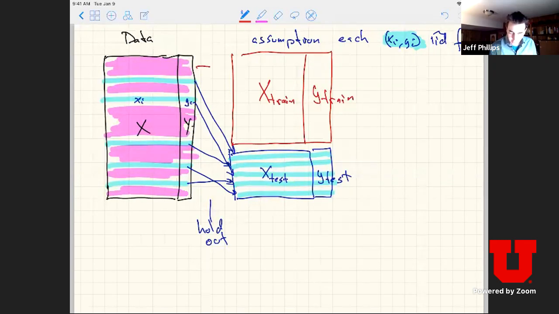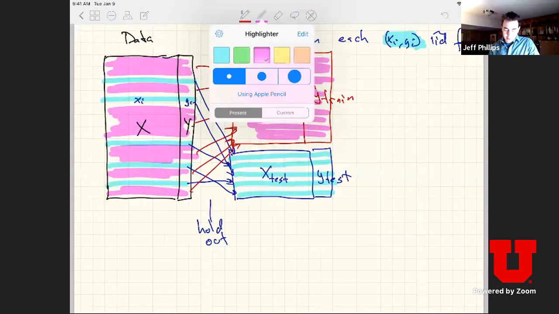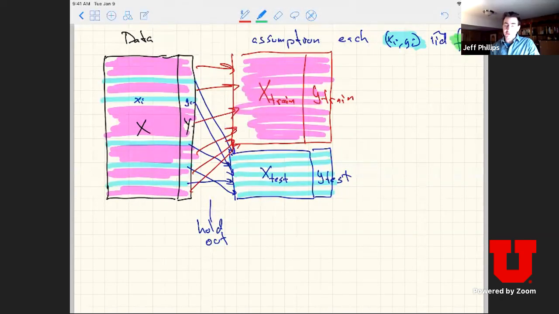Right, and that's going to go into here. Right, so that's this data here. Okay, so I've split my data into test set and train set, and because it's all IID, if I pull out a sample, this test sample I've held out, then this is a good representation of what I think new data would be like, because new data would come from this same distribution that I haven't seen yet, right?